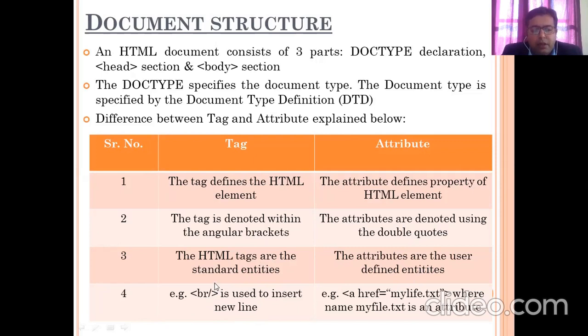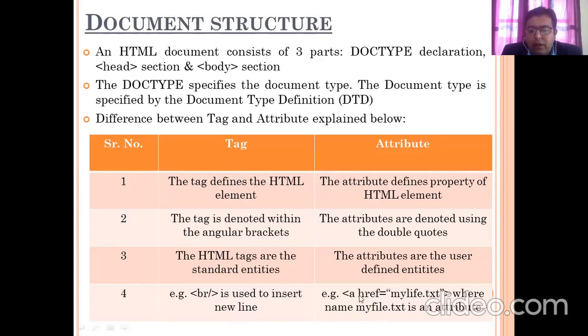For example, br followed by a slash is used to insert a new line. In C language, all of you know that backslash n is there, and in C++ also you can provide a new line. Over here, the syntax is br slash, and this will give you the new line. This is the tag example which we have taken.